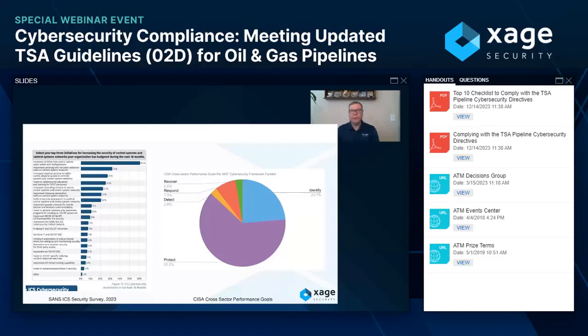Implement anomaly and intrusion detection tools on the control system network. We all know that it's scary and terrifying to talk about any detection system inside of the OT network. But we're seeing people apply funds to that versus what the goals tend to be, that 63% saying protect versus what folks are doing. And we didn't have much of a choice 10 years ago. Most of the information we were getting was if you don't know what's on your network, you can't secure it.